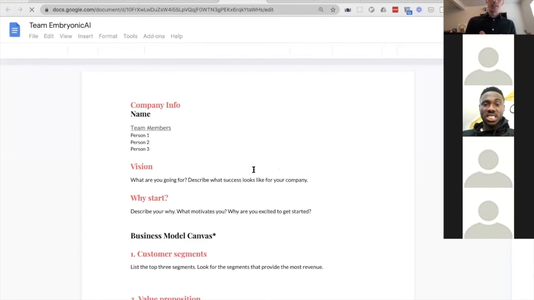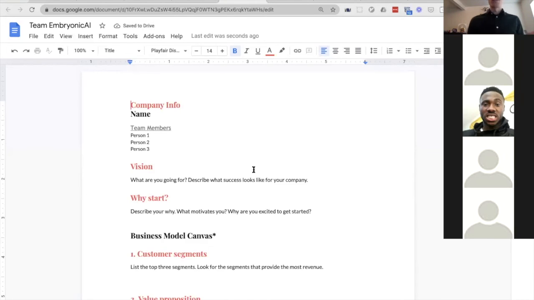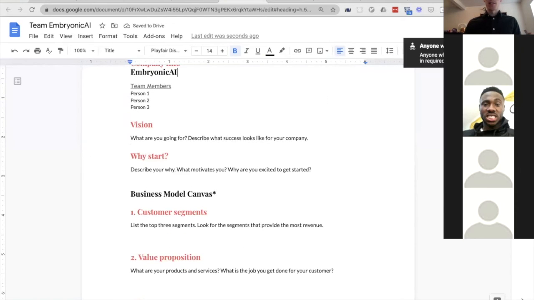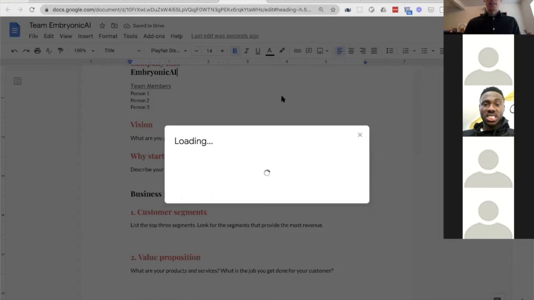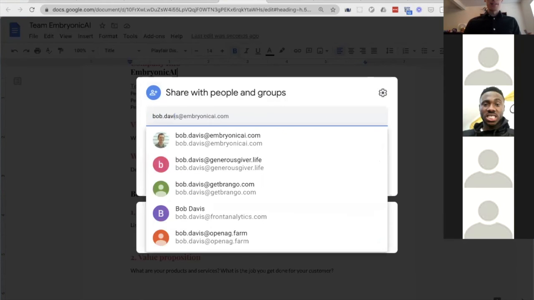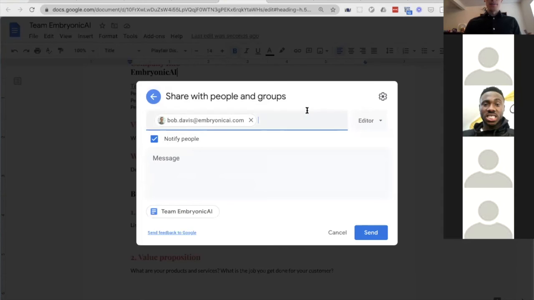And so you make a copy like that, and then this saves it to your Google Drive account. If you don't have a Google Drive account, you can just sign up for a Gmail and you can get one for free. And so then you can just fill this out with your team name, etc. And then once you have this filled out, come over here to the share button, click on that, and then just put in my email address and send it to me.